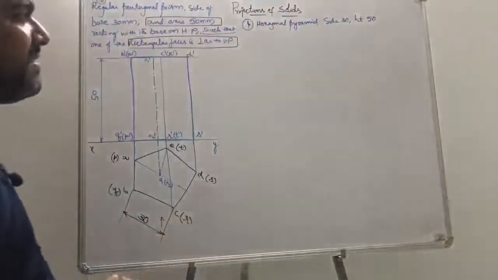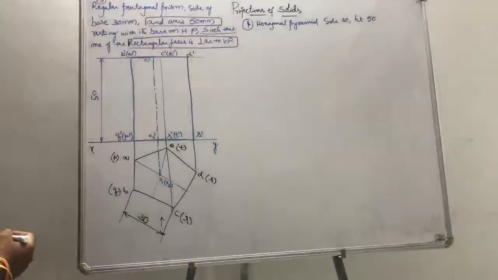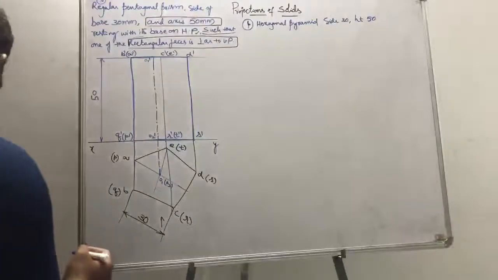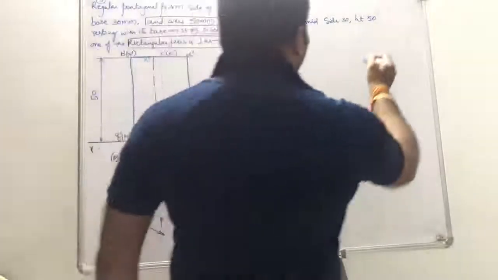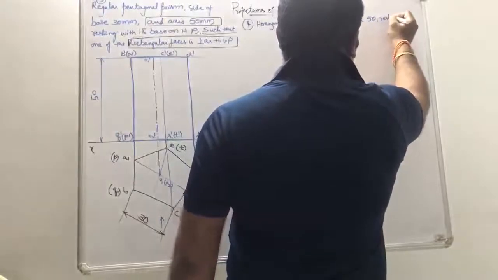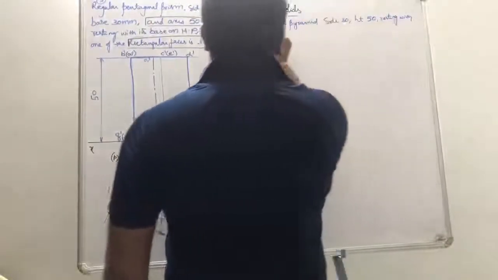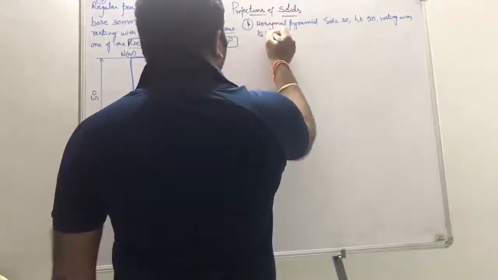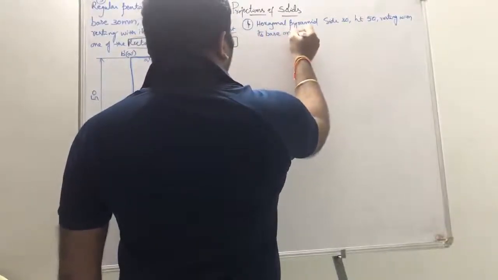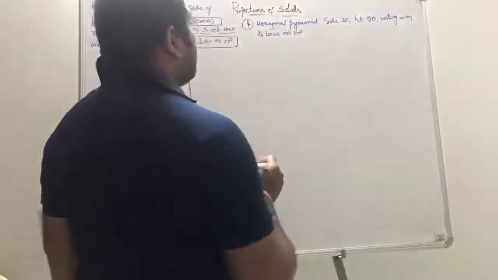Height of the axis. A hexagonal pyramid, side 30, and height of the axis is 50, resting with its base on HP,